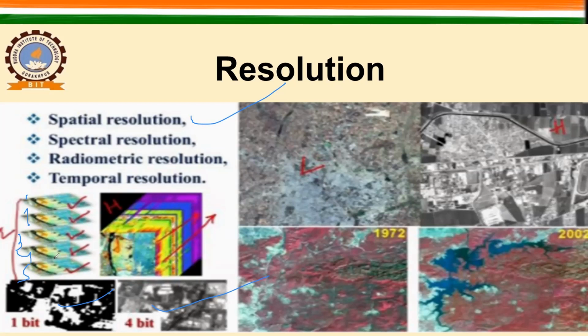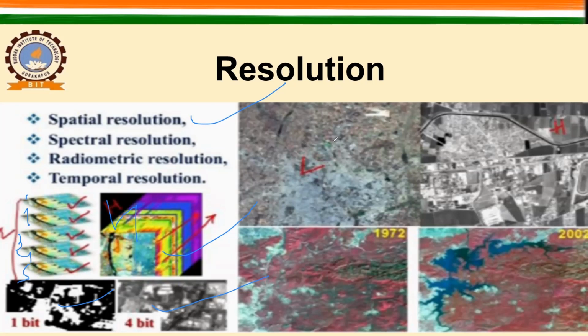Whereas in this one, which is hyperspectral, this is your hyperspectral image where you have more number of bands, and bandwidth will be maybe, let us say, 10 nanometer to 15 nanometer. So in this case, this is a high spectral resolution example, and this is a low spatial resolution example.